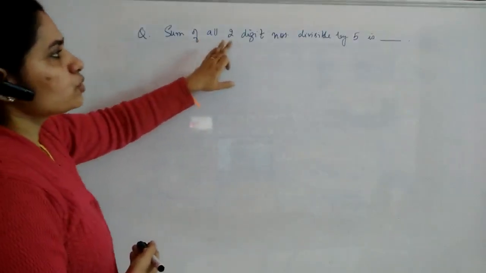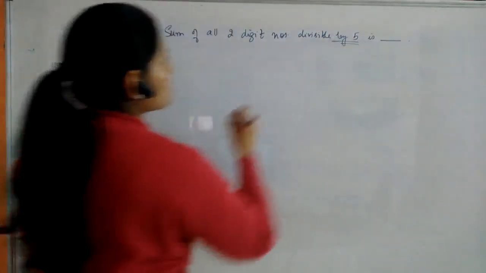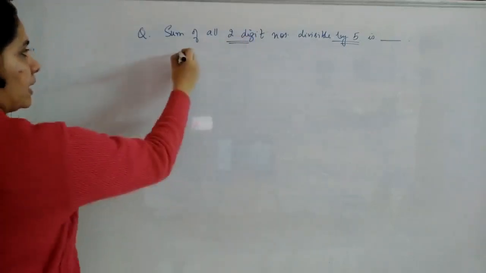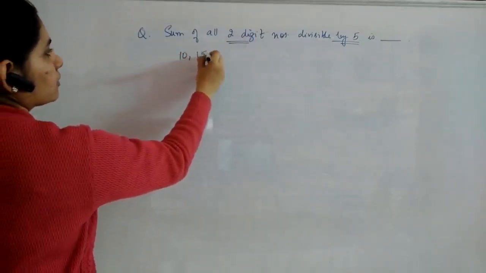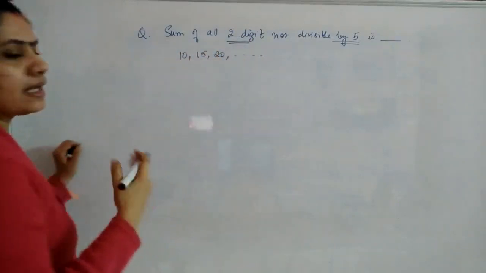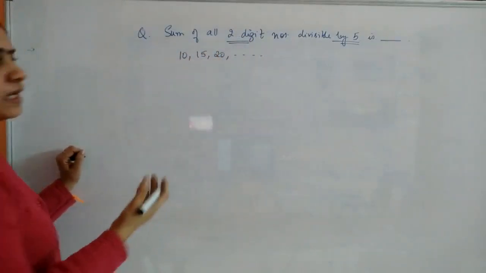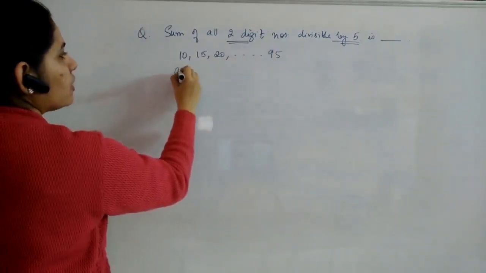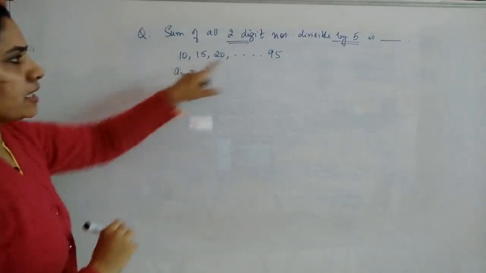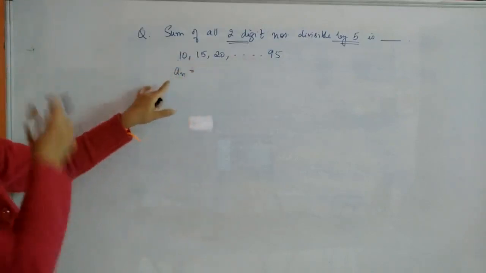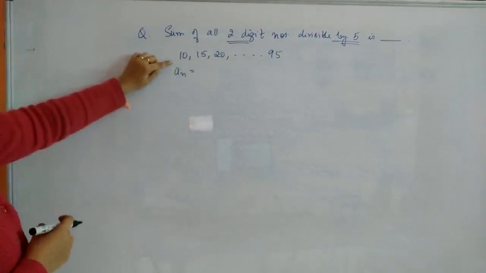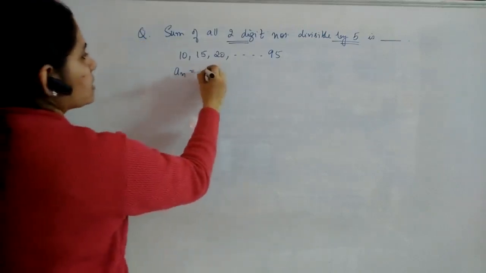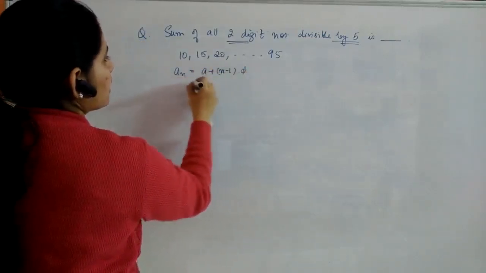Sum of all two-digit numbers divisible by 5. So what is the first number which is divisible by 5? And it should be a two-digit number also. 10, then next one 15, 20, etc. And the last two-digit number will be 95. So you can now use the concept of An is equal to A plus n minus 1 into D. An you already know, it is 95. So from there you can find out how many terms there are, so that you will get n in order to find out Sn.